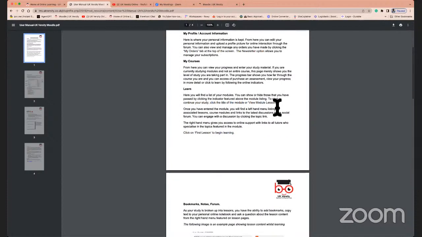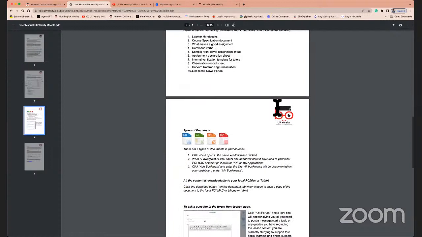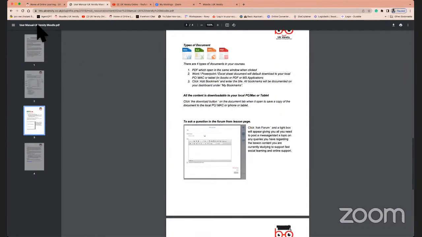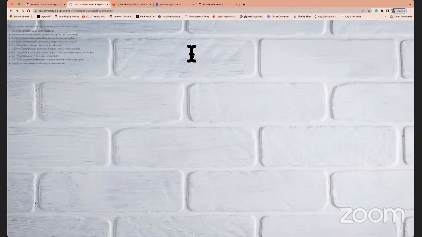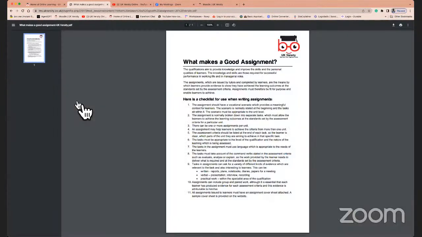This is an additional 2-3 page document just to show you how the arrangement of the learning material is done, what kind of documents and formats you see, and what is available predominantly on Moodle, as a ready reckoner that you would maybe want. At some stage, when you start submitting evidence, maybe go through this bit, which will give you some guidance on how to submit assignments.